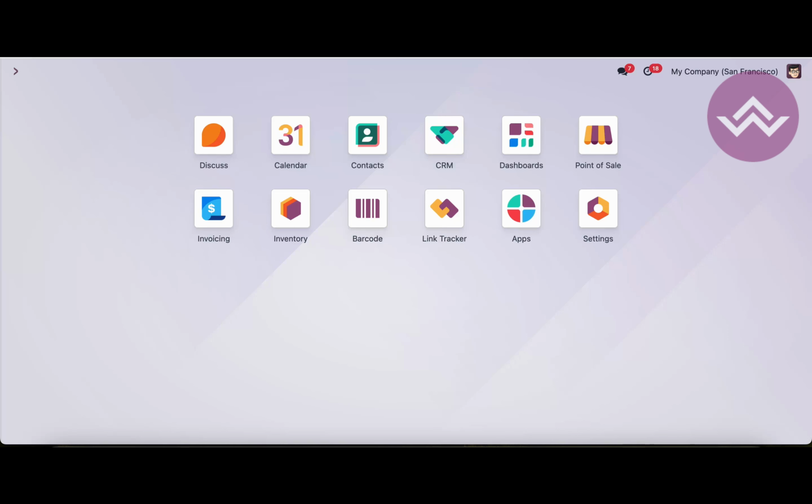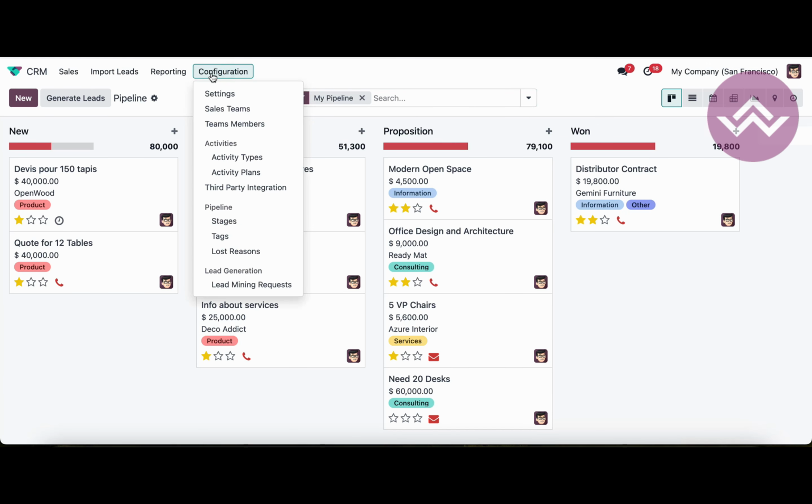Let's check out how this functionality works. So here the first thing is we have to go to CRM. Here in the configuration menu, you can see this third party integration available, right? This menu. If this is not available in your user ID or the specific user ID which you want